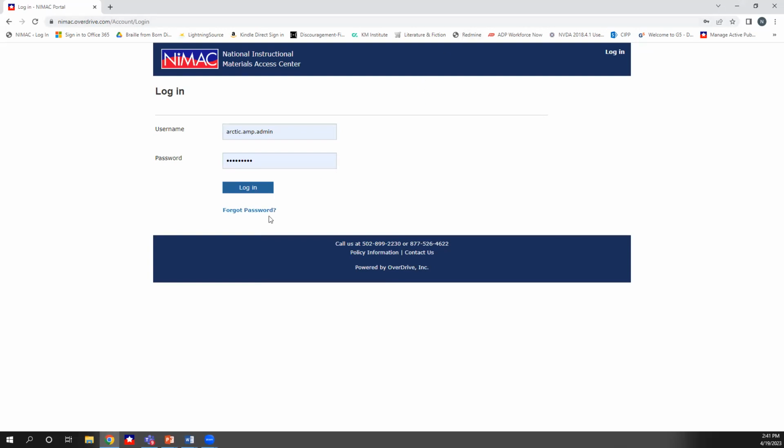So sometimes folks will try the forgot password link, and because they've not only forgotten their password but their login ID, they never get the password reset. So if you have a gap and you haven't worked in the NIMAC for a while and you don't remember your username, just reach out and we're happy to look that up for you, because we know that sometimes those are not super intuitive.